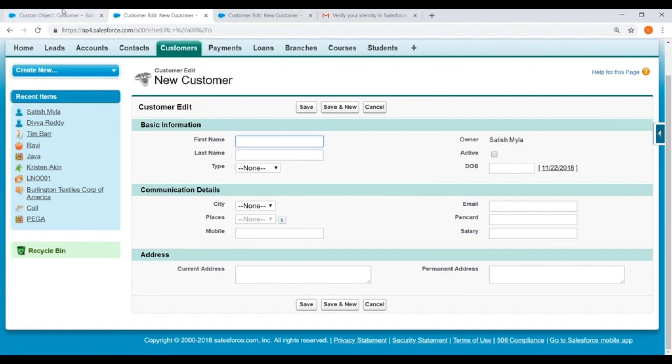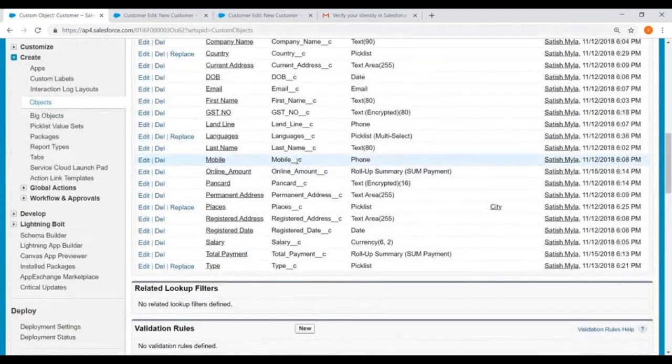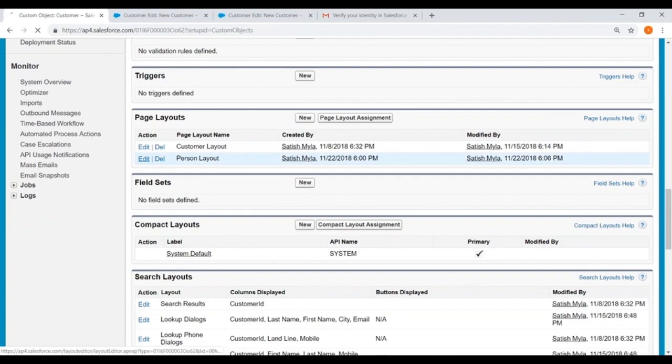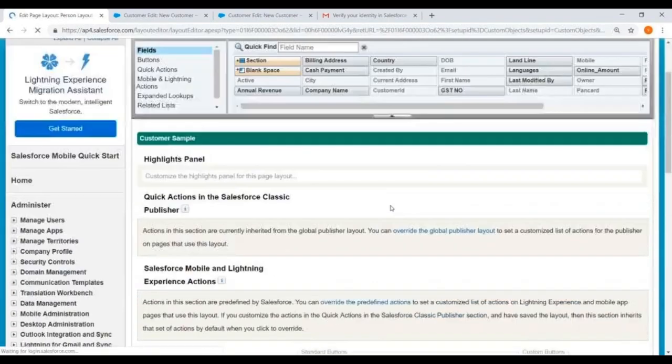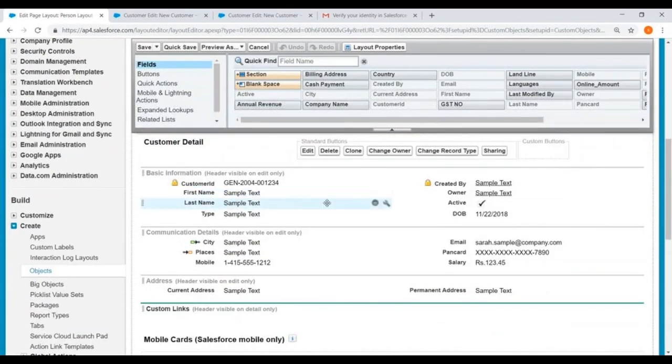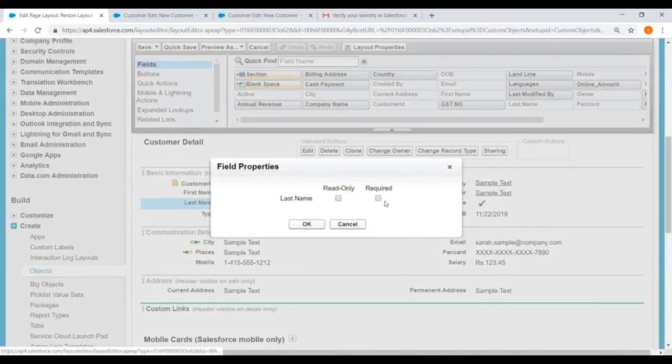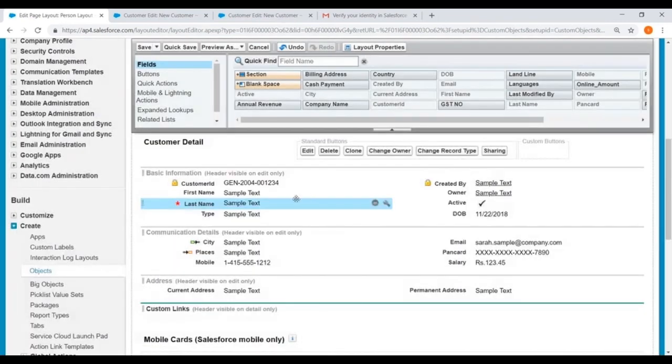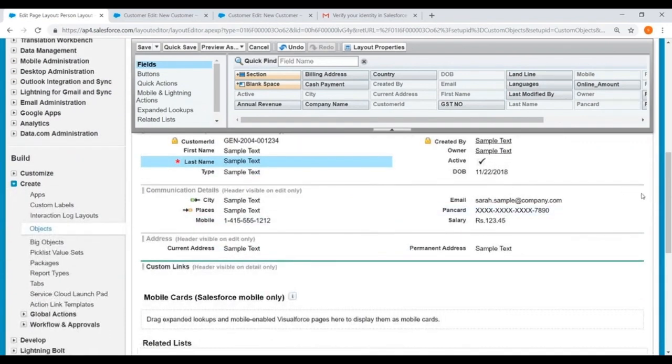Now here, I am also saying, if it is a person layout, first name, click on the last name, make it as required. So this field is required only for this particular page layout. Then I told,